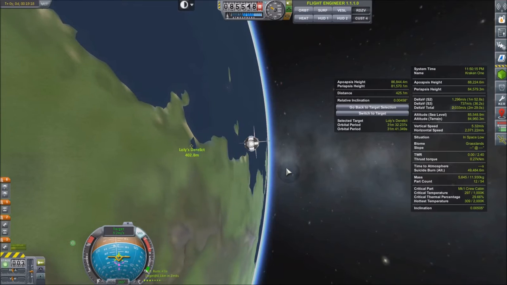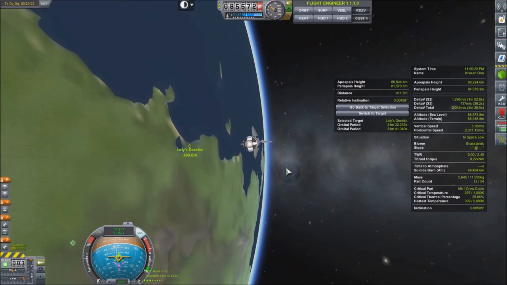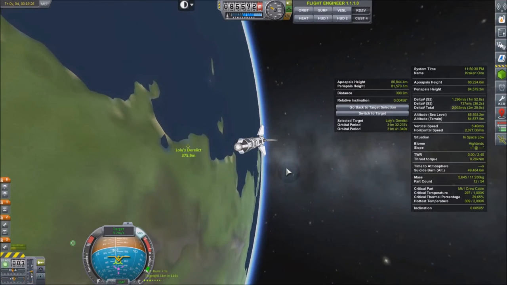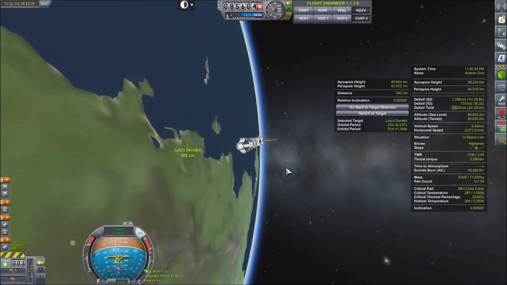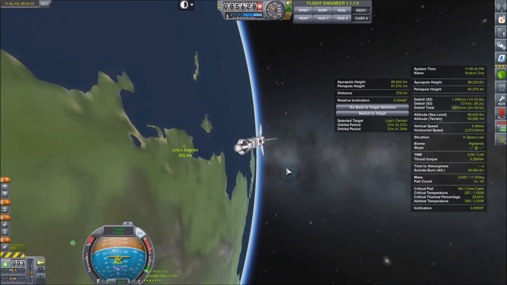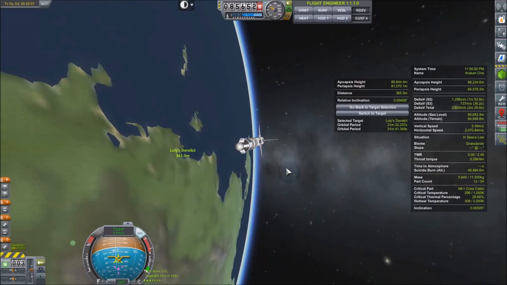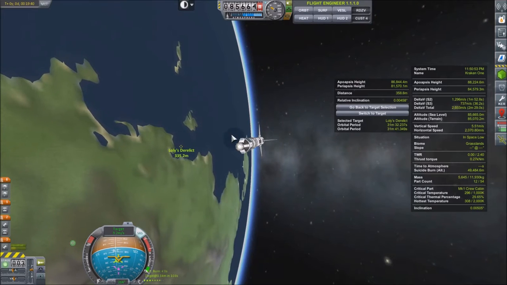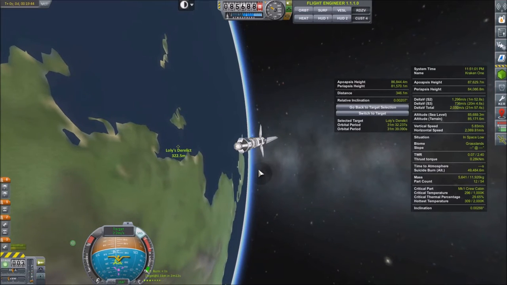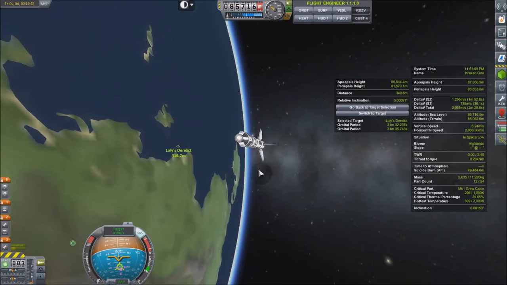Alright, when we get to about 300, I am going to start to burn retrograde to slow her down a little bit. I'm going to try and also walk us a little bit closer. Just a hint. When it gets to about 320, I would say. 10 times the difference in the relative velocity. And stop. I probably actually did too much there, but